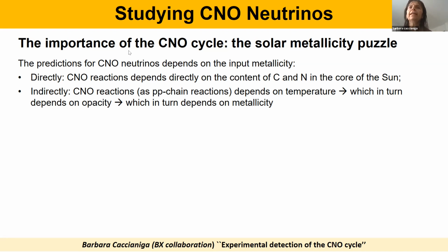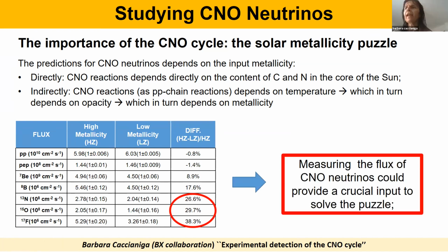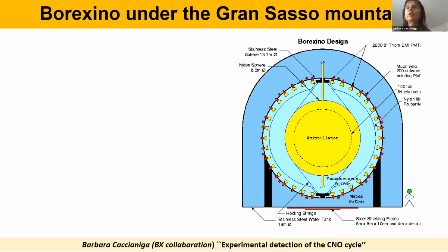So if you take the predictions from the high metallicity standard model and the low metallicity model for all the types of neutrinos from different reactions, you can see that the last three lines are the CNO neutrinos, and that they may have differences as large as 38%. So you can see that measuring the flux of CNO neutrinos could provide a crucial input to solve this puzzle. About Borexino, of course, you have heard about Borexino many times today, so I won't go into the detail,